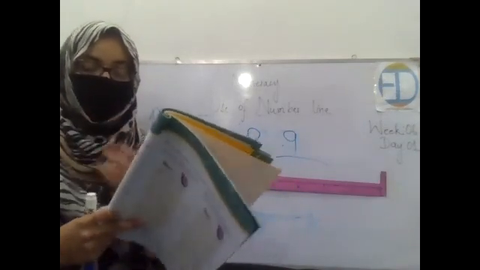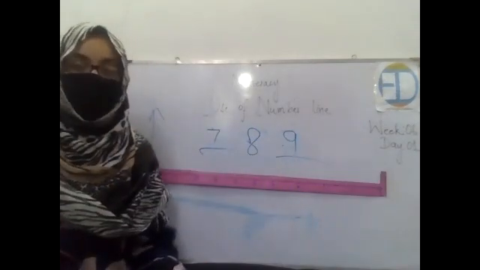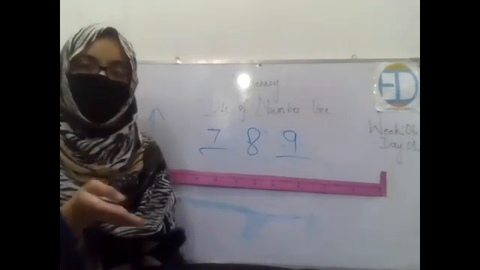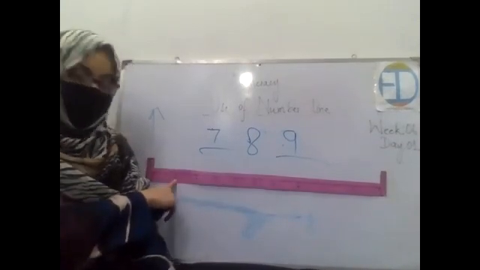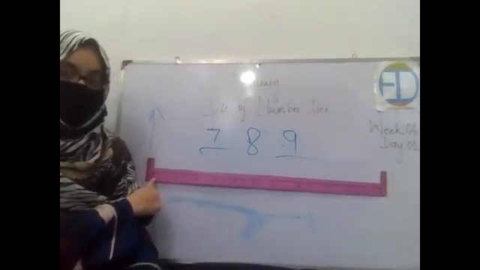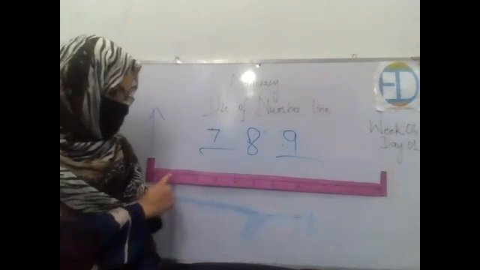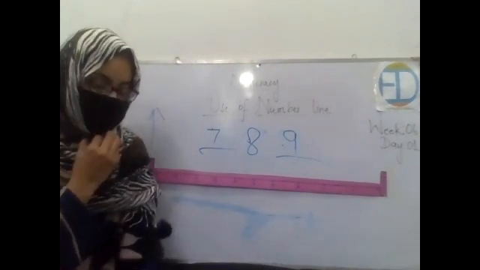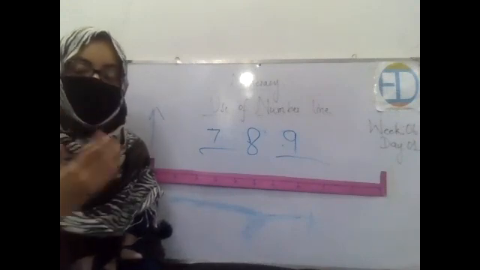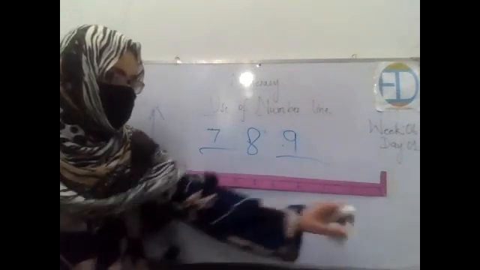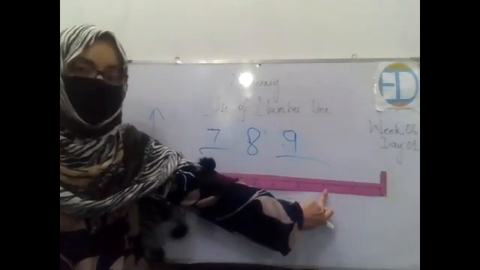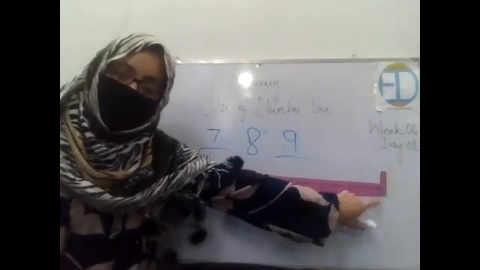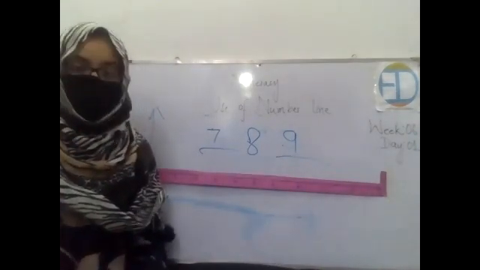Who would tell me what comes before and after 1? Yes, look at 1. What comes before 1? It's 0. Excellent. And what comes after 1? It's 2. Very well done. Who is going to tell me what comes before and after 9? Yes. Look at 9. What comes before that? It's 8. And what comes after it? 10. Very well done. So all of you are done.